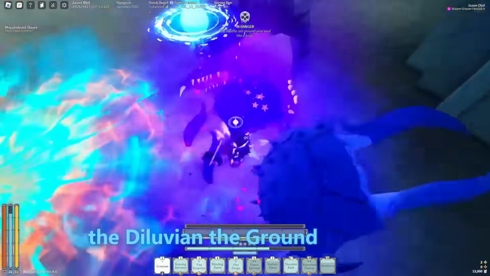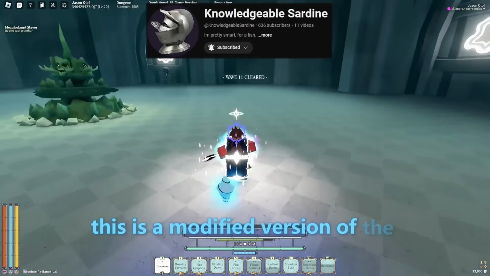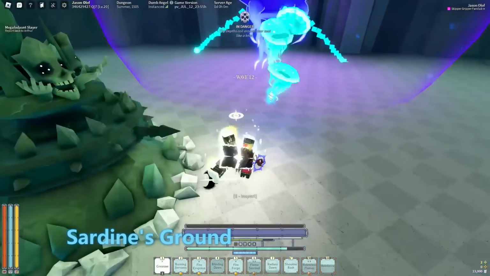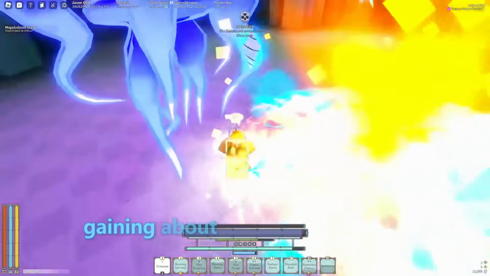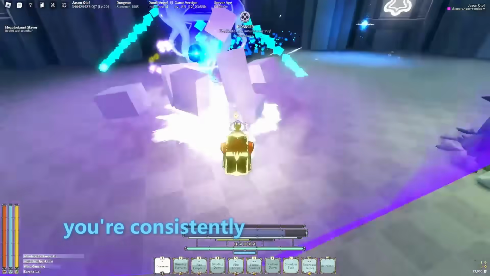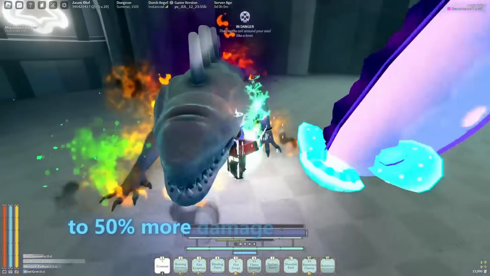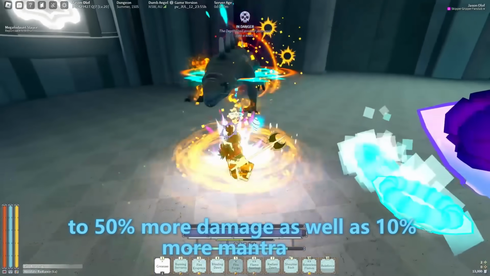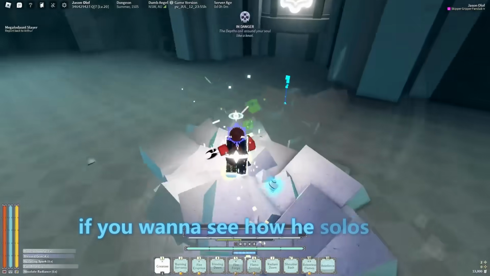The Ground Zero 2.2. To be clear, this is a modified version of the Knowledgeable Sardines Ground Zero build. However, this version is a little bit tankier, gaining about 10 more HP, and in terms of damage buffs, you're consistently gaining anywhere from 15 to 50% more damage, as well as 10% more mantra pen. But still make sure to check out his channel if you want to see how he solos the Diluvian using